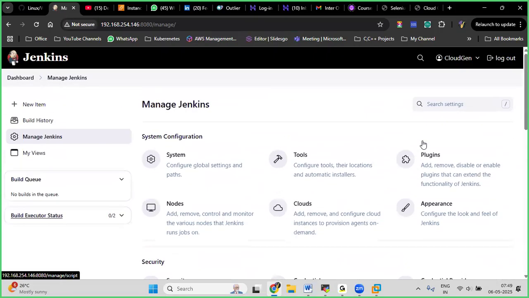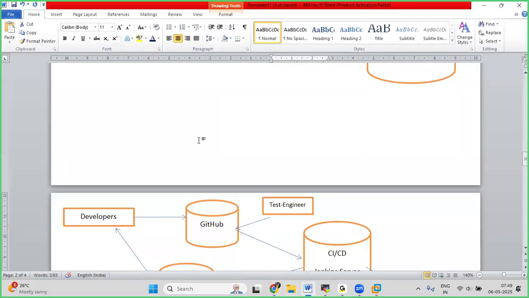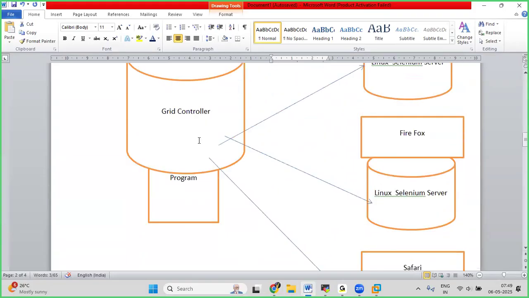So now guys, be in the Jenkins dashboard. This is the first screen in the Jenkins after installing and configuring. Now guys, as a Jenkins user,